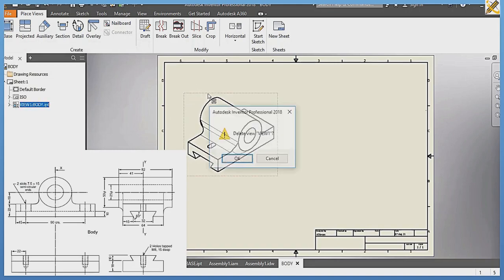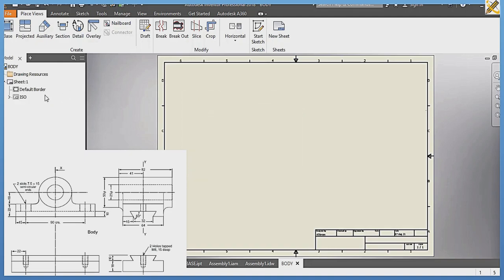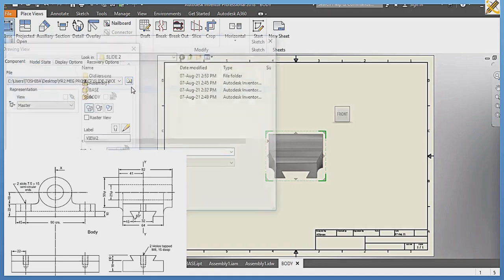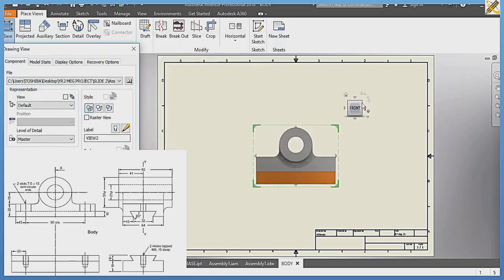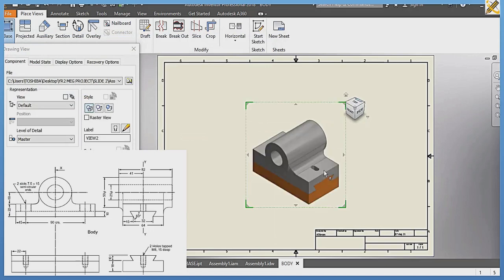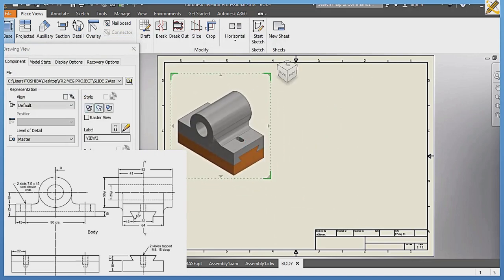Sorry, let me delete it. That's not what I wanted to create, right? So base, I'm picking the assembly, open, in this manner, dragging it right there. Okay,